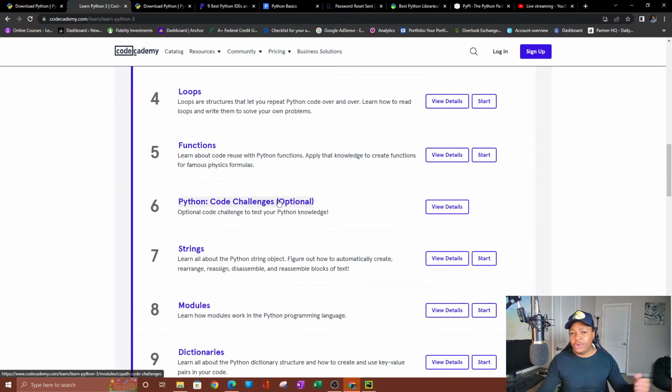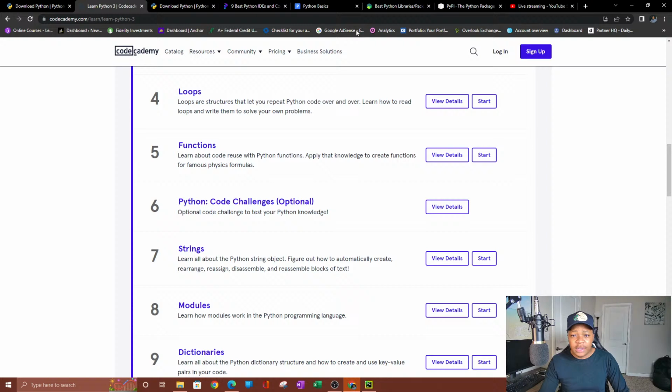They might be broken down differently, but these are the things they're going to teach you. Now, does that mean that you are an expert at Python for finance? No, because there are more things that they don't teach you. Python is such a diverse language that you can even learn machine learning. You can do all types of things in Python. So the next website I have here, not this one,